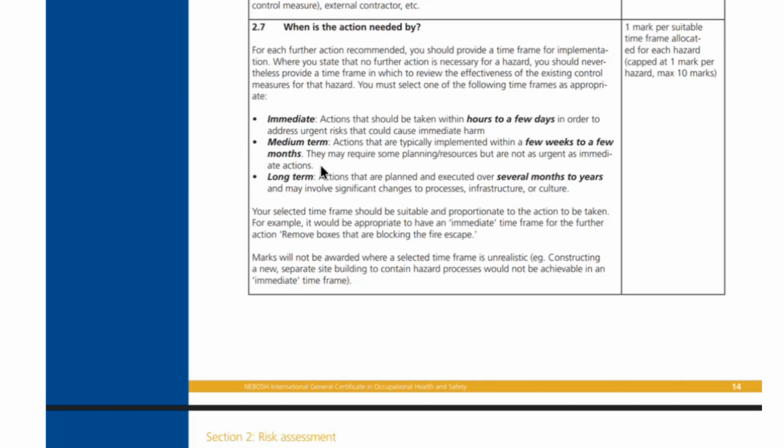For example, you want to carry out a maintenance for storage tank. That will be planned once in a year, so this can be long term. So you need to write whether it is immediate, medium, or long term. And when you select this action, immediate, medium, or long term, it should be proportionate to your further control